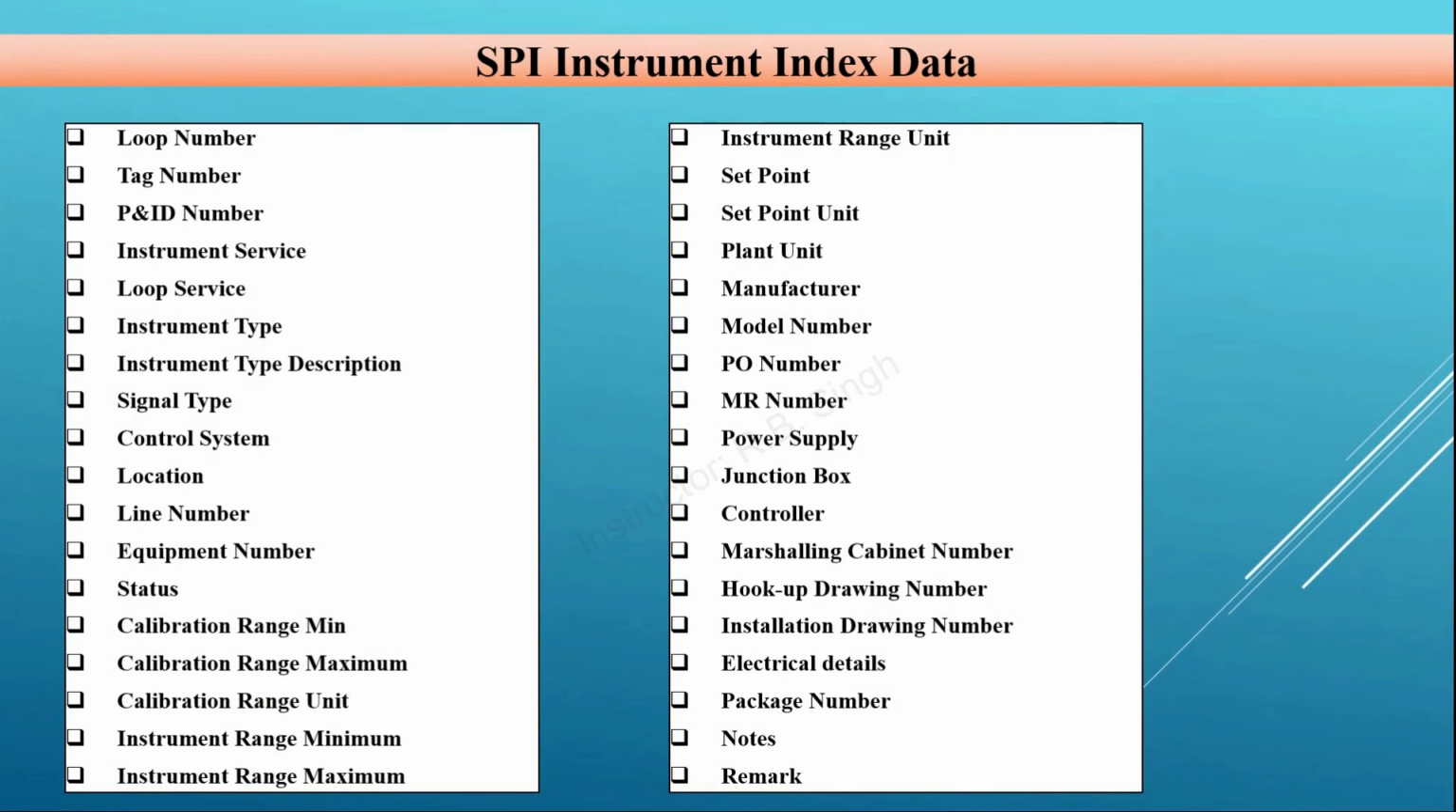What data comes in the instrument index? Loop number, tag number, PNID, instrument service, loop service, instrument type description, signal type, control system, location, line number, equipment number, status, calibration range, minimum, maximum and its unit, and instrument range, minimum, maximum and its unit, set point unit, plant unit, manufacturer, model number of instrument, PO number,